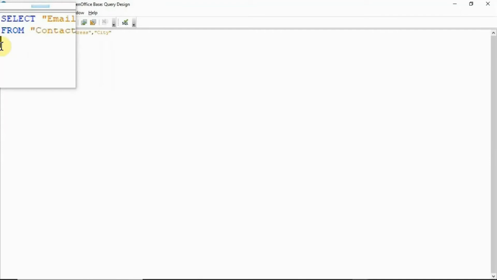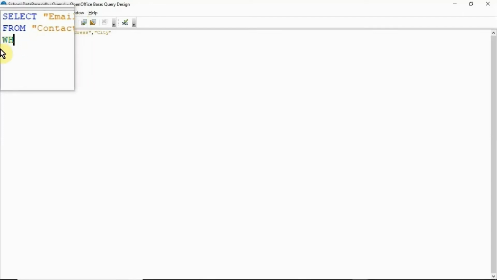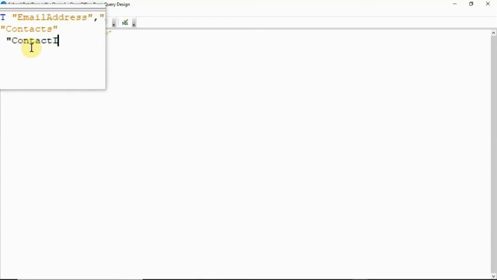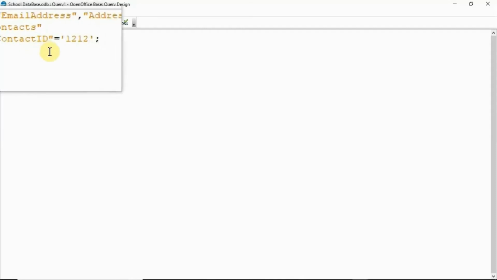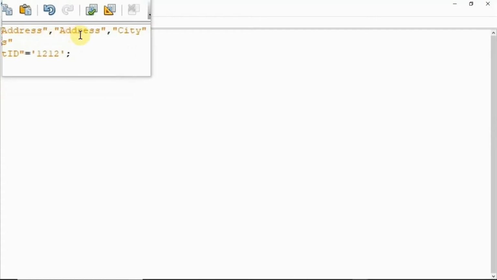contact, inverted commas close, then press the Enter key and type WHERE, and here type the field name, contact ID, inverted commas close, then the condition equal to, and then in single quotes type the value 1212 and then type the semicolon to terminate this statement.